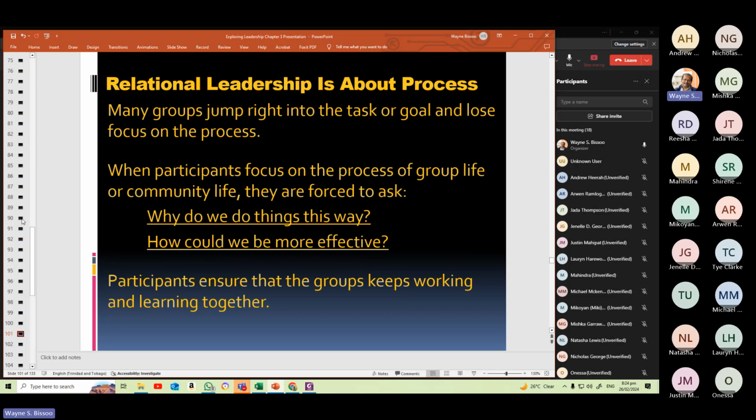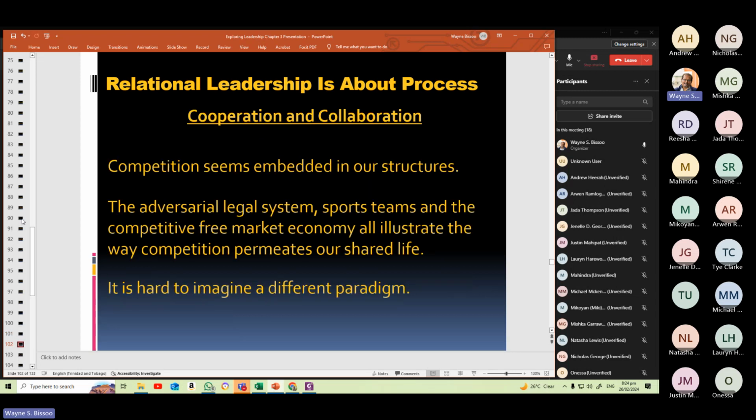Right. Process allows us to evaluate and make sure that things can be fixed if we know they're going wrong. Those are the kind of things. Process is about cooperation and collaboration. That's an important element. In the process, collaboration and cooperation become an embedded part of the activities, because though competition is something that drives a lot of activities, that adversarial approach to things kind of creates